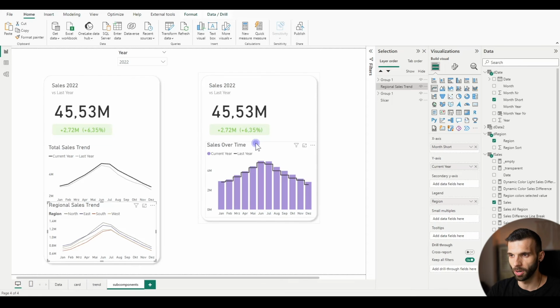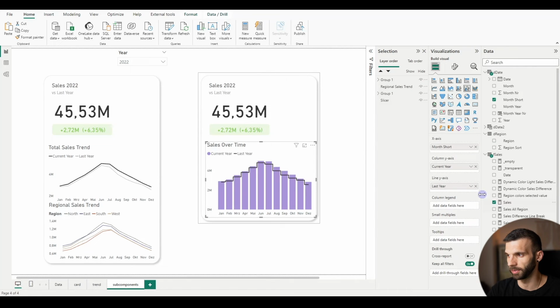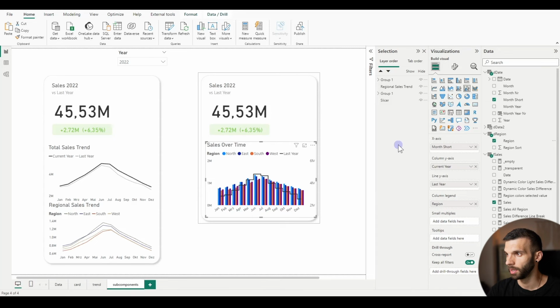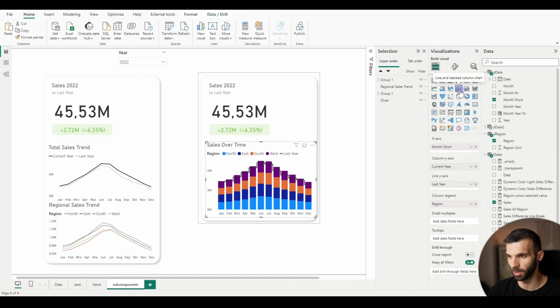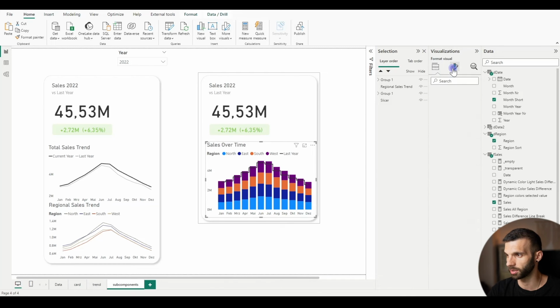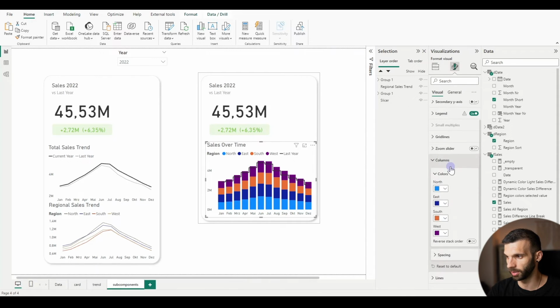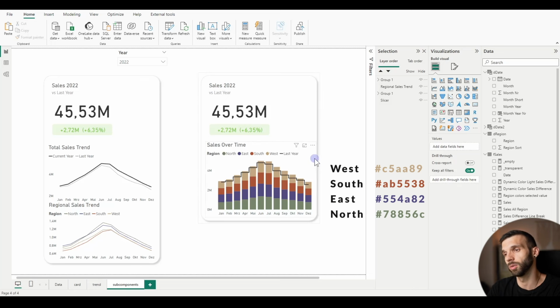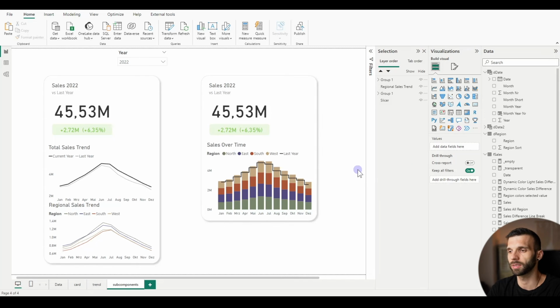What if we go to the bar chart? In this case, we can add directly the region in the legend. Let's add it to the column legend. And let's change it to this stacked bar chart or stack combination chart. Changing the colors again. And yeah, this kind of looks cool, but it's not very strong in my opinion,